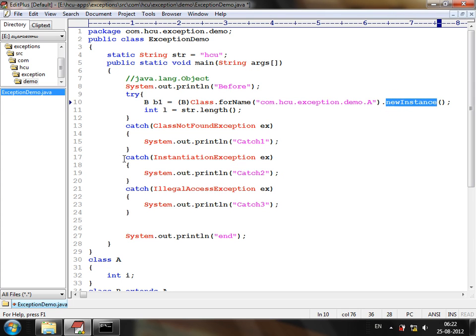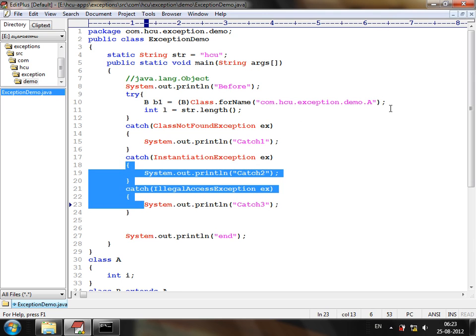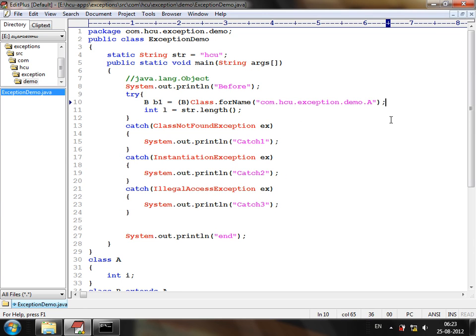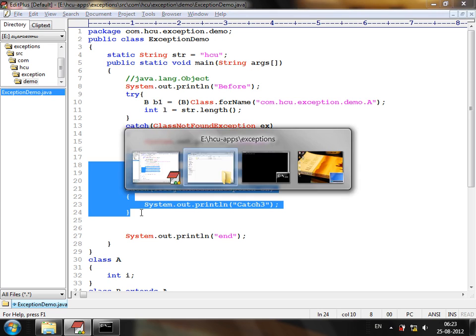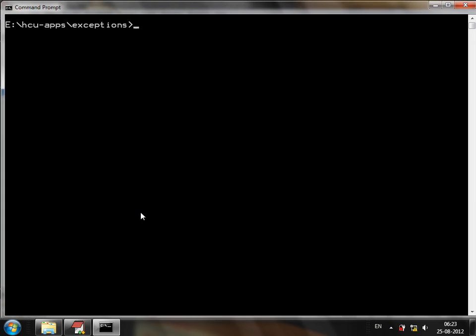So if this newInstance is not executed, there are two checked exception catches, but the corresponding exception raising statement is not there in the try. Will it give a compile time error? Yes, just because InstantiationException is a checked exception as well as IllegalAccessException is a checked exception, but the corresponding exception raising statement is not there in the try. Now if I try to compile this,